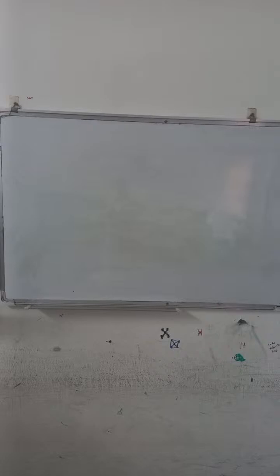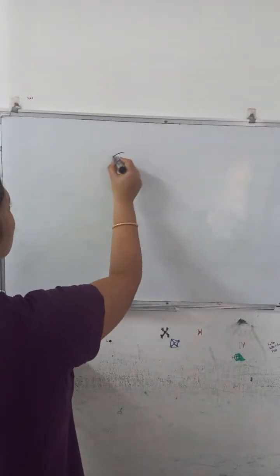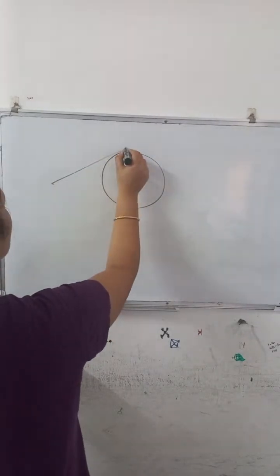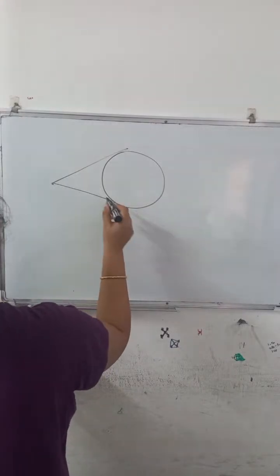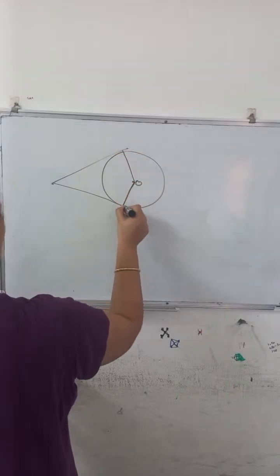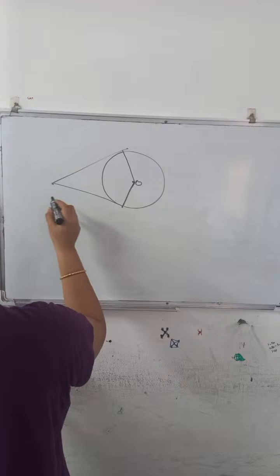Write down here, in the figure PA and PB are tangents to the circle with center O, such that angle APB is equal to 50 degrees. Then angle OAB